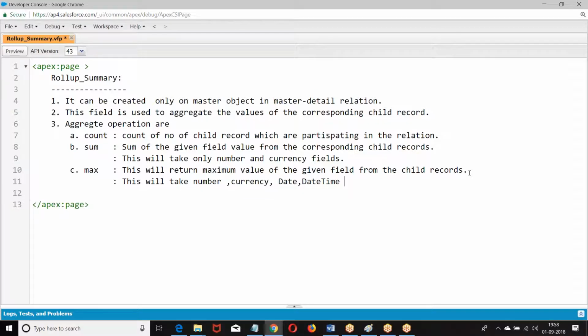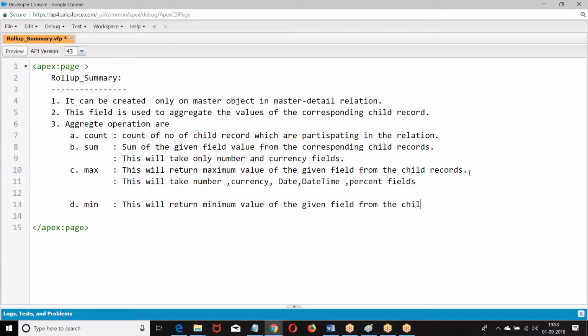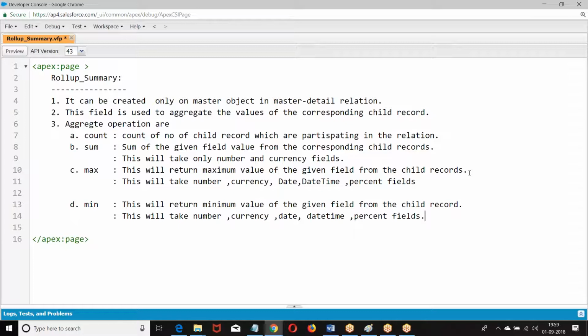Min: minimum value of the given field. So it was count, sum, min, max.